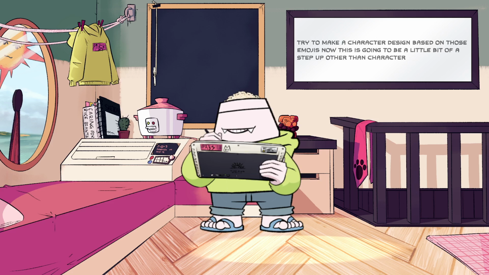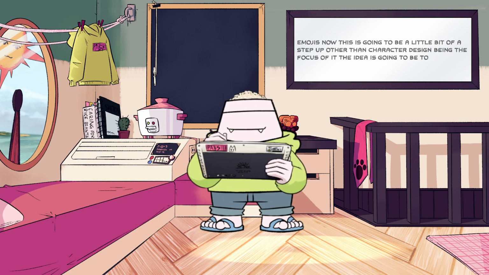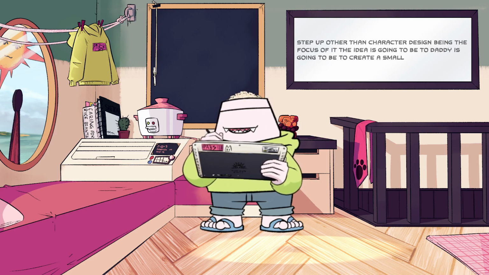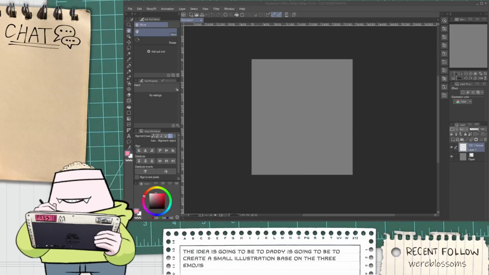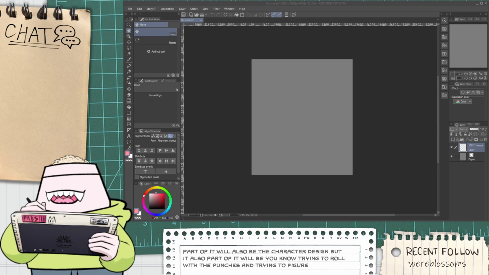Rather than character design being the focus of it, the idea is going to be to create a small illustration based on the 3 emojis. So I imagine part of it will also be the character design, but also part of it will be trying to roll with the punches and trying to figure out how I should go about that. So